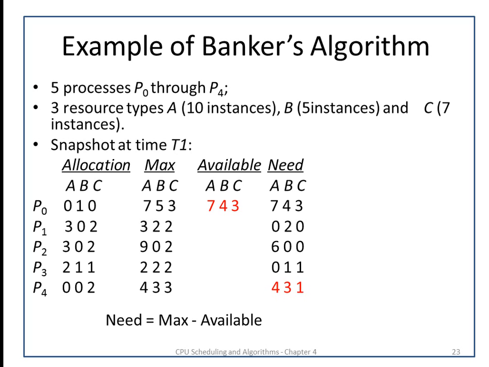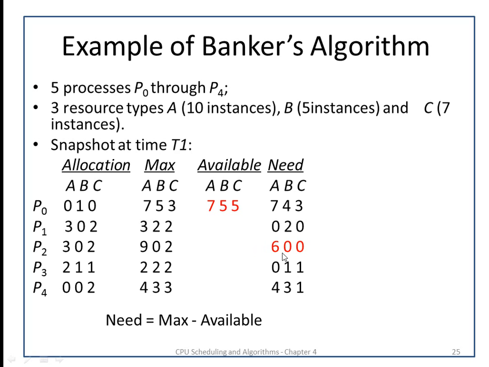Now it is able to satisfy the need of process P4, so the need of P4 will be assigned to it, and it will complete its execution and return the allocated resources to the system. After returning these resources, the available will get updated. Now this available is able to satisfy the need of process P0, so that will be allocated to it and the execution will be performed. After completion of execution, P0 will return its allocated resources to the system. So this will be the updated available.